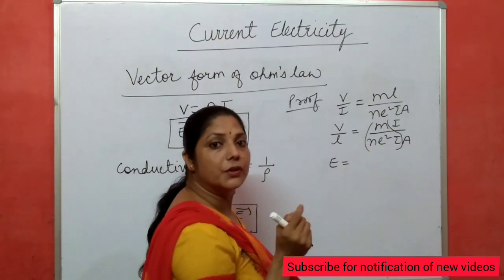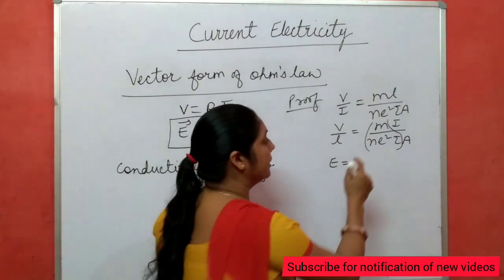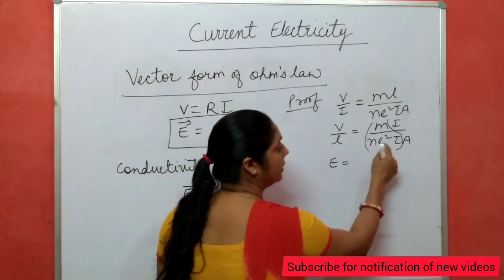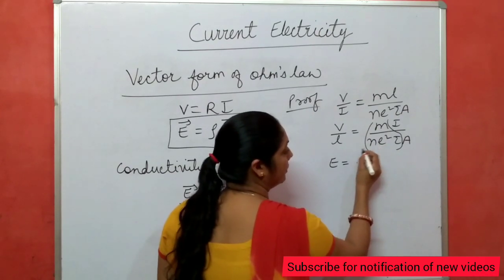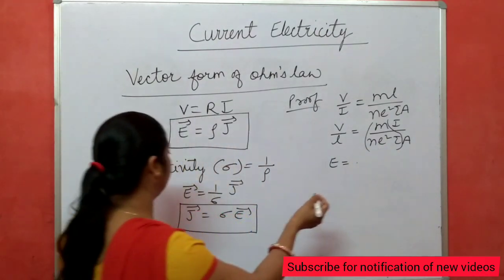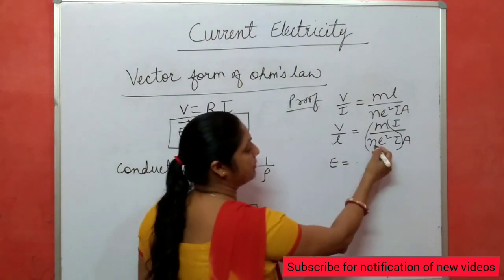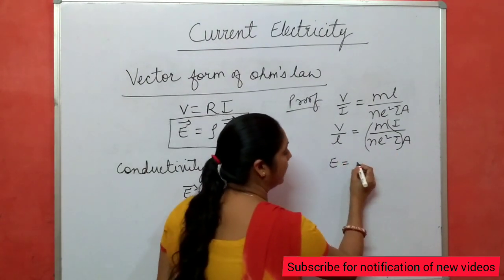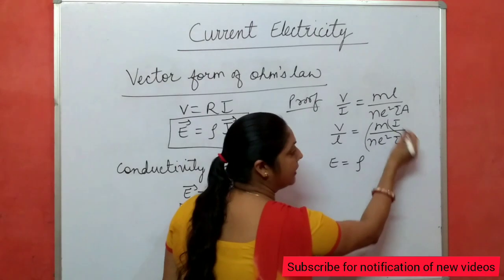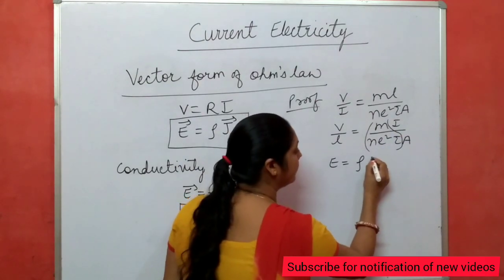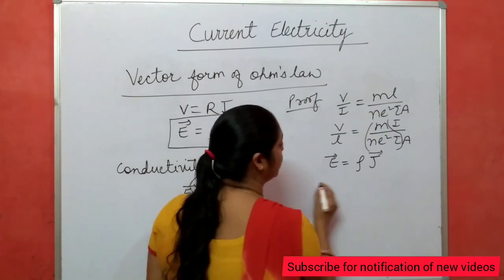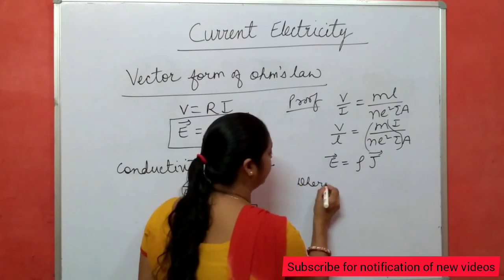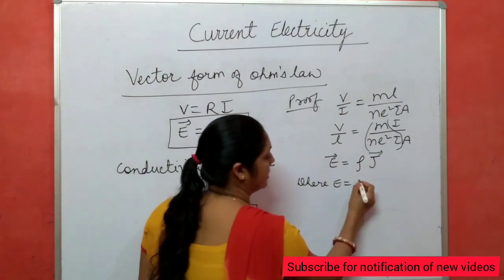Resistivity, in the last video we discussed resistivity. This is the expression for resistivity. V by I, this is resistivity, M by N E square tau A. Okay, and this becomes rho, and I by A is what? Current density. So you can write E equal to rho J, where E is V by